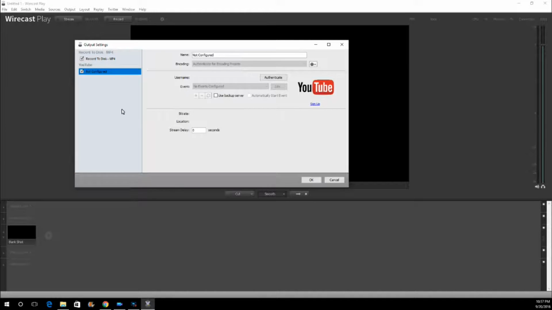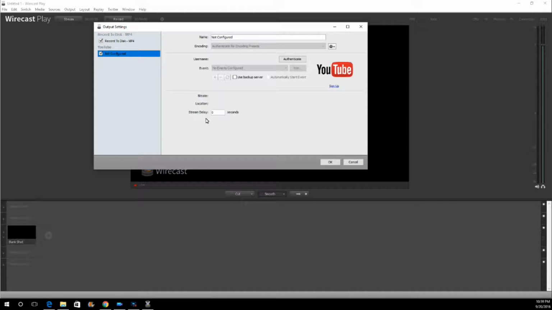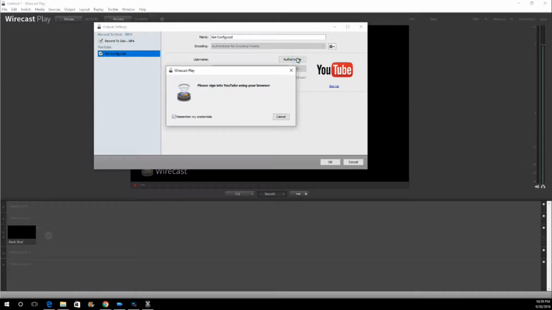So these settings are going to be where you're going to send the signal to. It pops up kind of automatically like this for YouTube. Okay, so then what we're going to have to do is authenticate our username. So you click authenticate,